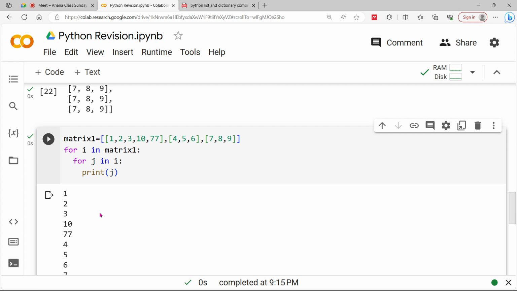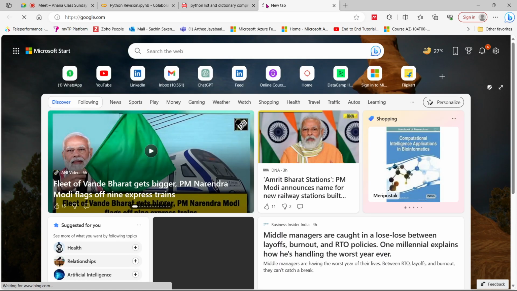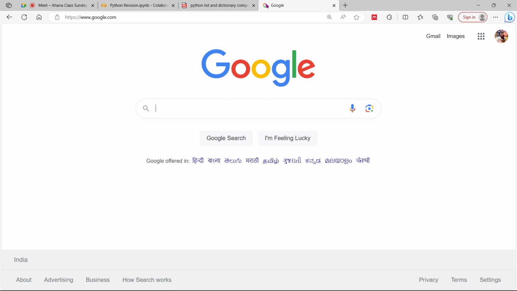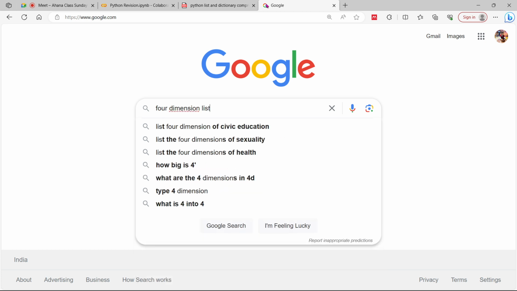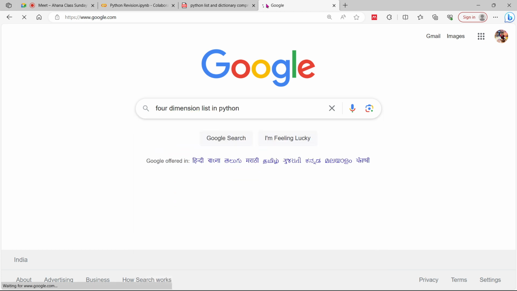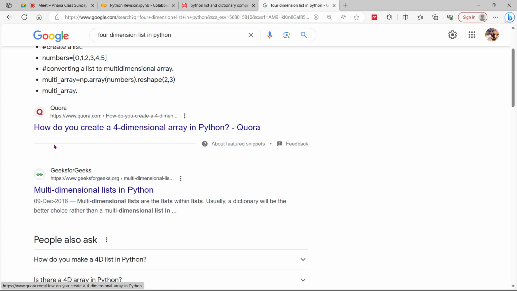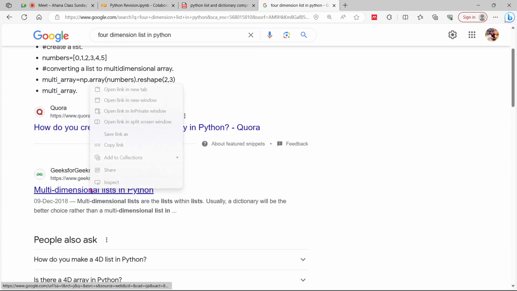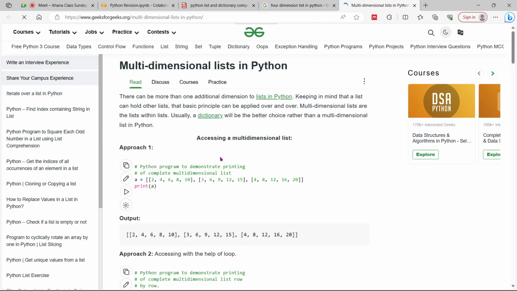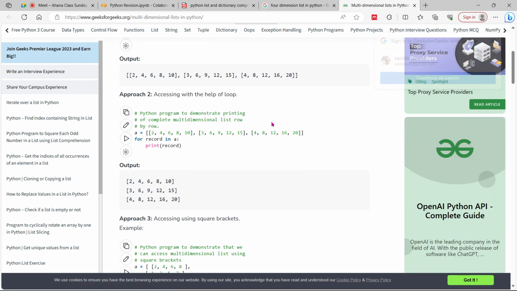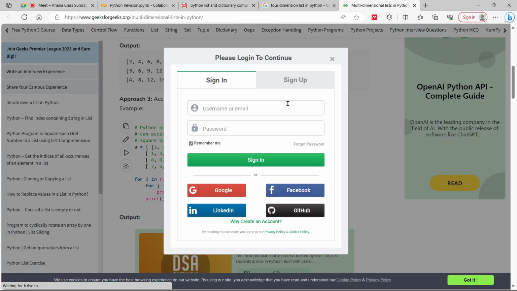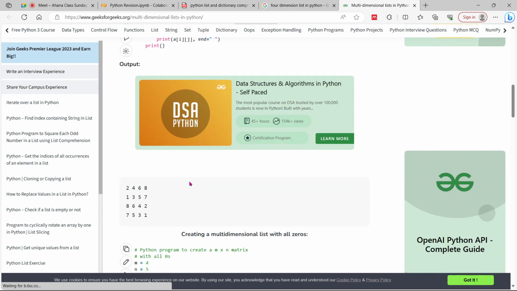Okay. Now suppose I have a list like this, a 4 dimension list in Python. How would you write this array? It's 2 dimension only, right? But when we talk about 4 dimension or more dimensions here,